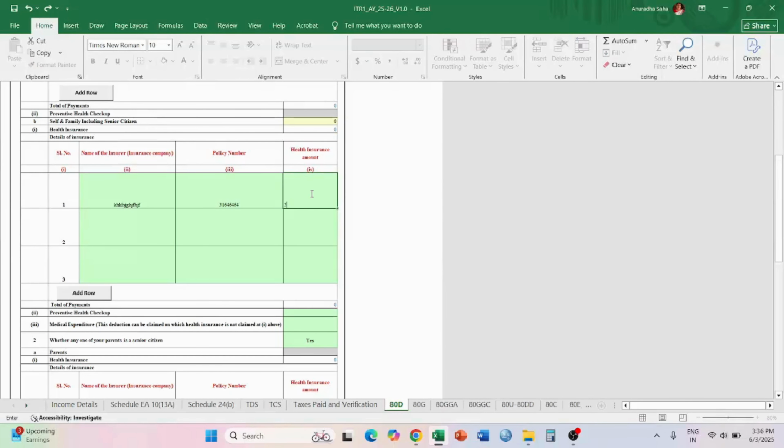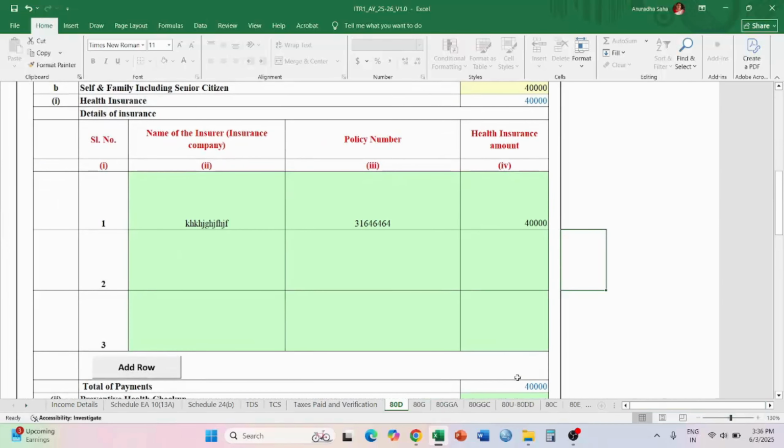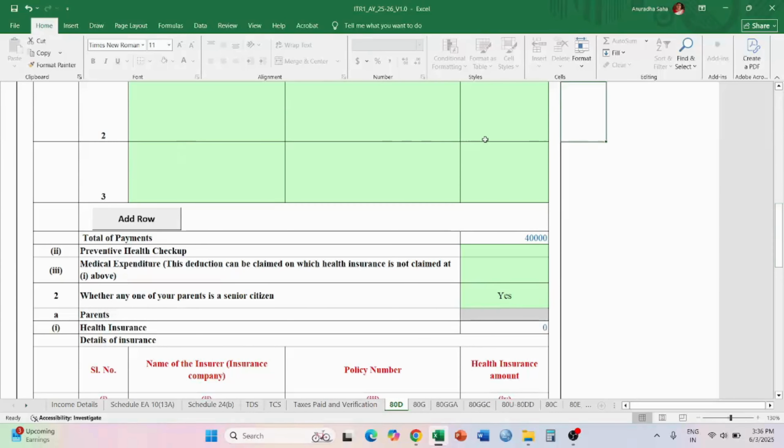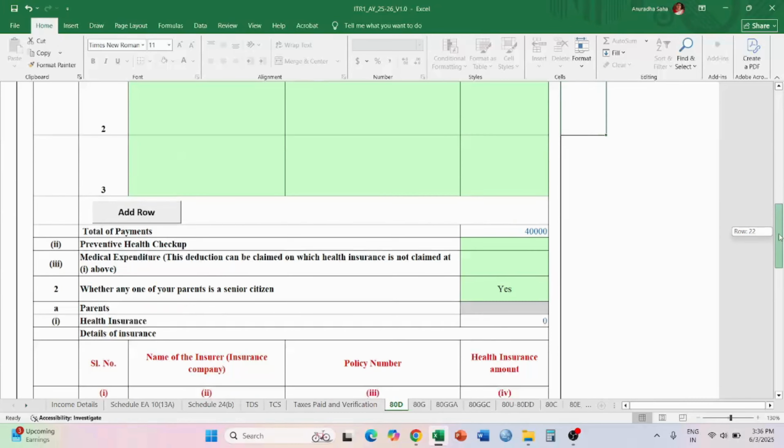Suppose I'm giving 40,000 health insurance amount. So it gets calculated, and it is showing the amount that I have written. If you have more than one health insurance, you can just put the values over here with the data.